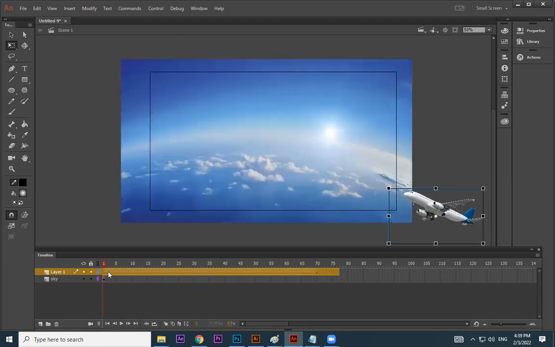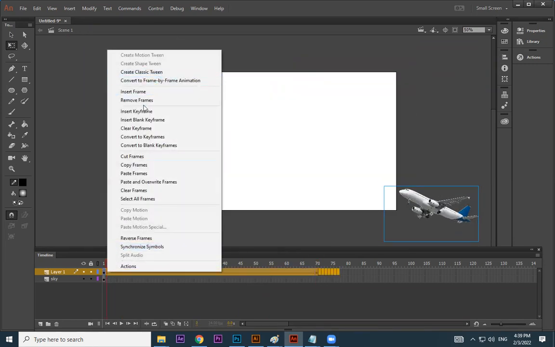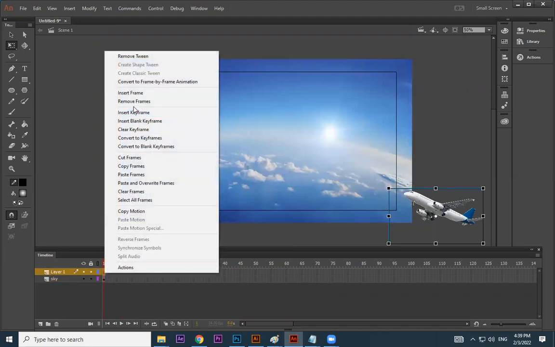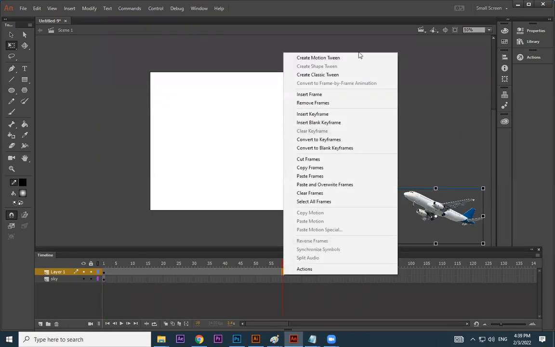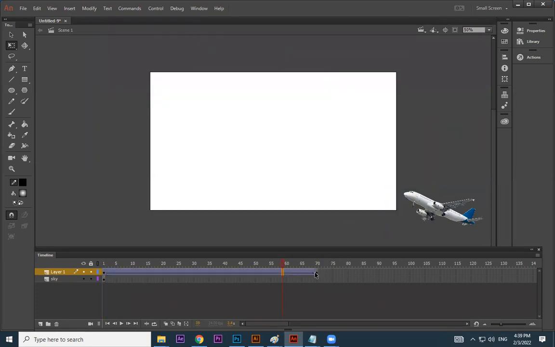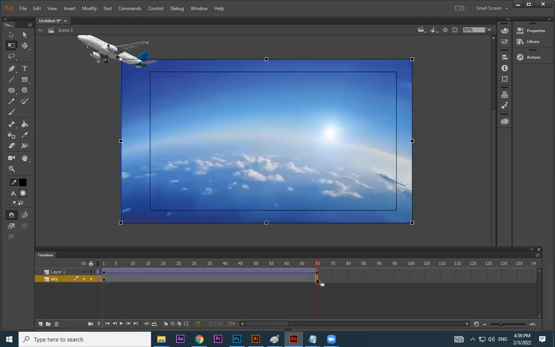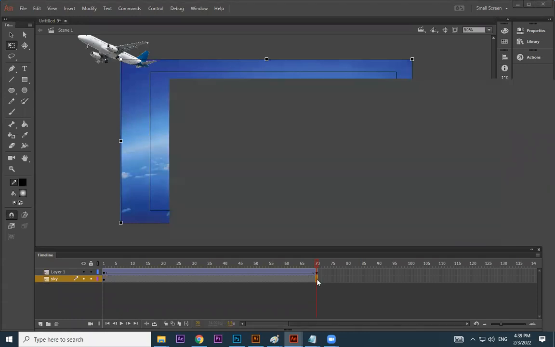So one more time, we'll show you quickly what I have done. See, we imported the image, we imported the sky behind. And this aeroplane, I keep till 60 or 70, F6, right click and classic tween. And the end, I want to keep this one till here. Okay, but the background is not coming. So if you want to keep the background till here, what we will do, we will press F5 on the keyboard. So when you press Control Enter,